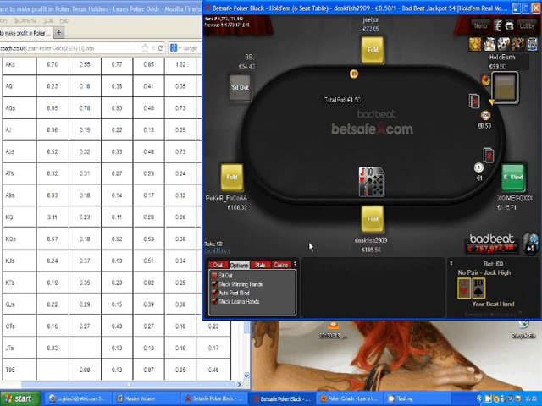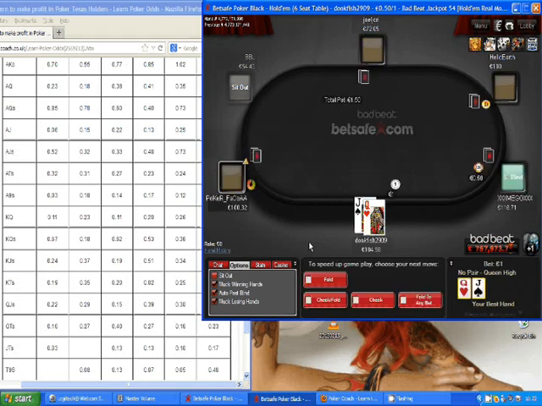calling with smaller pairs throughout the rest of the game. So picking up the blinds is an important part of maintaining my cash level so that I can make those